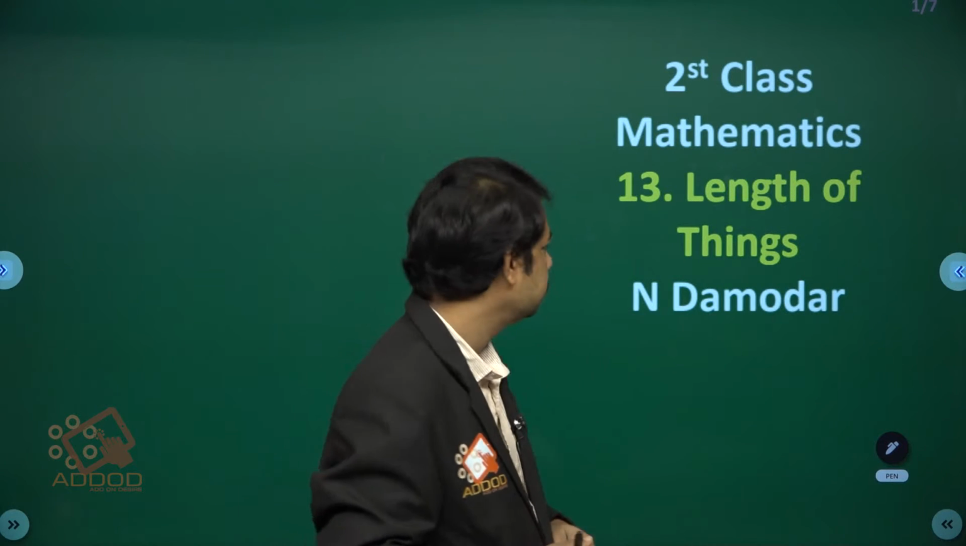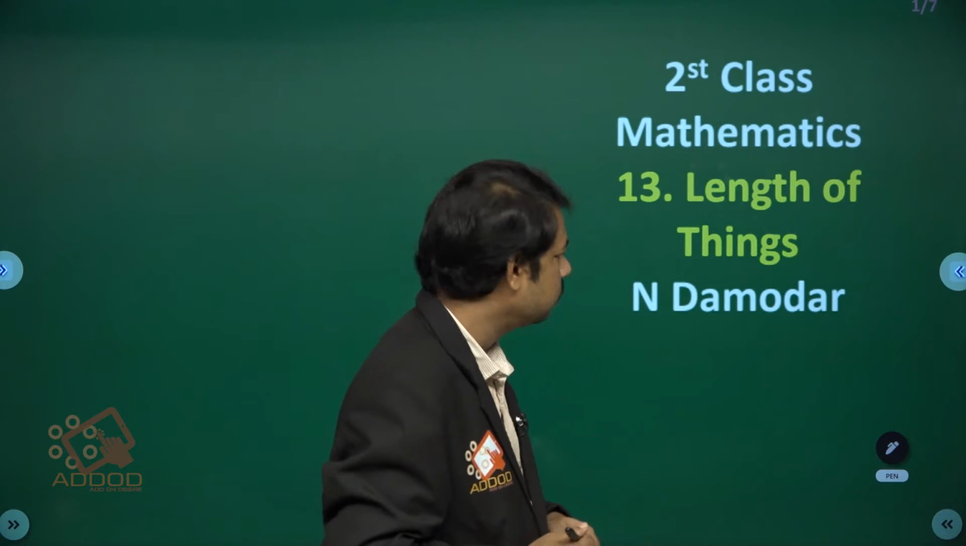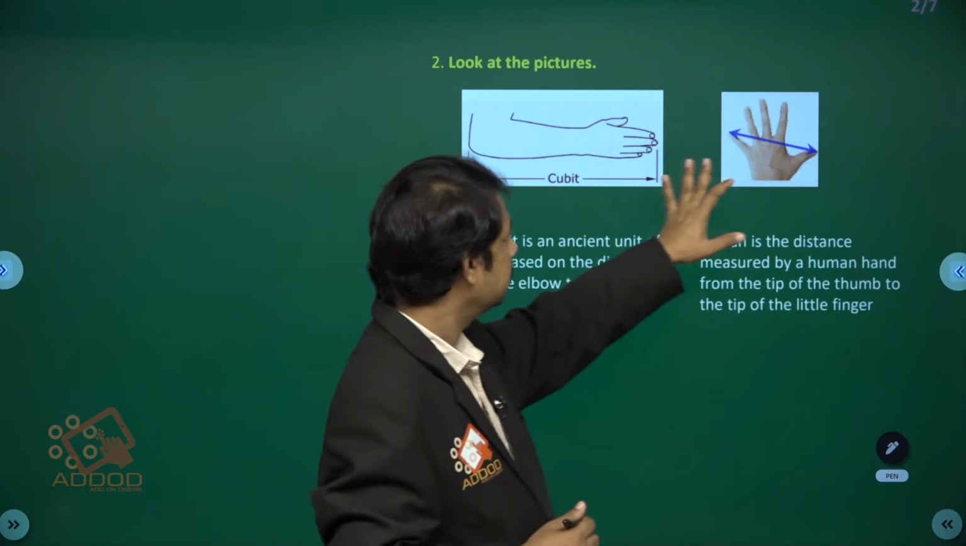Length of things. This is the 13th lesson, children. Let's go to the lesson. Look at the pictures. See children,